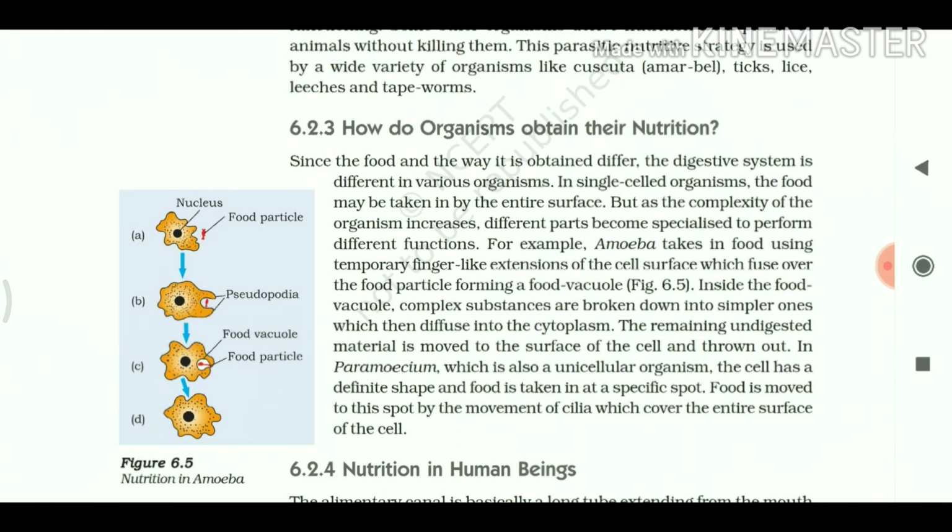Then the third step is absorption. What is absorption? Absorption means that the simpler particles formed by the process of digestion